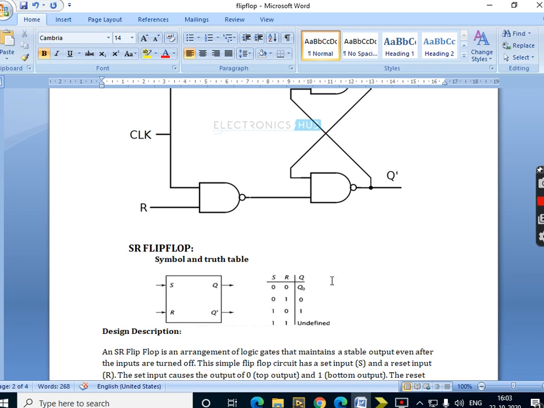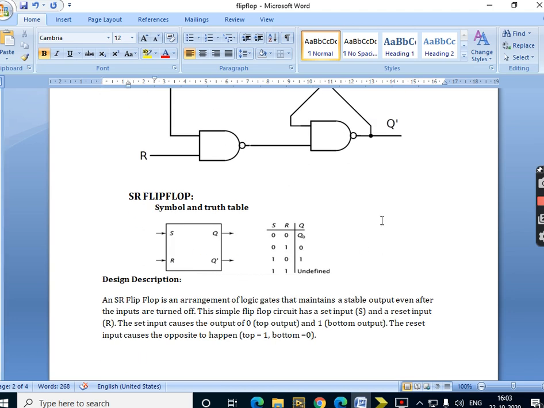Okay, what is the construction now? The table of this, which we also call the excitation or transition table of this particular flip flop, is this. The SR flip flop symbol is this. S and R are inputs, Q and Q bar are outputs. For 0 0, output will remain at no change state. No change means whatever was the previous state will continue as it is. But when you apply 0 1, the output will go to 0 state. When you apply 1 0, output will go to 1 state. For 0 1 it goes to the reset state. For 1 0 it goes to the set state. And 1 1 is undefined.